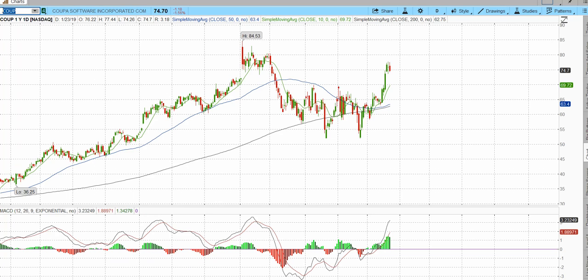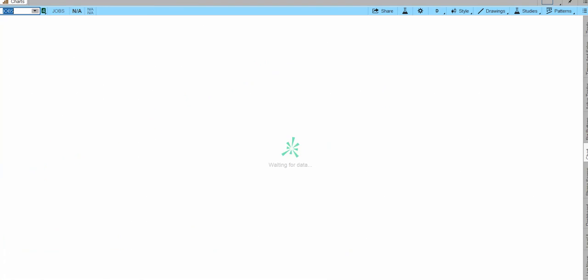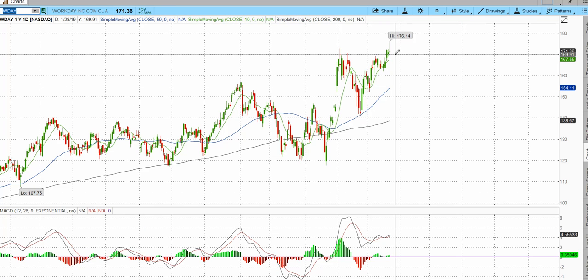Pivotal, Coop. Coop still looks good. That's a bull flag. That still looks like it wants much higher. So that's probably the strongest one of them. CRM, Jobs, and Workday. Let's see what they look like. I don't see anything new there. Workday, new highs. That one and Coop, probably two of the strongest stocks right now,